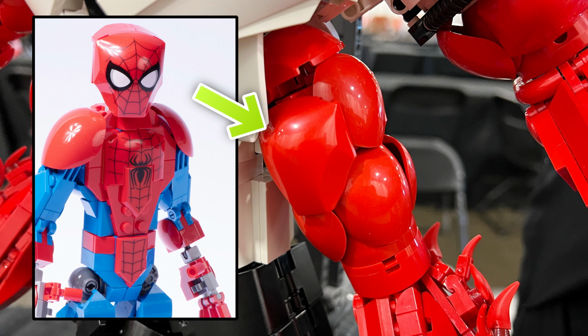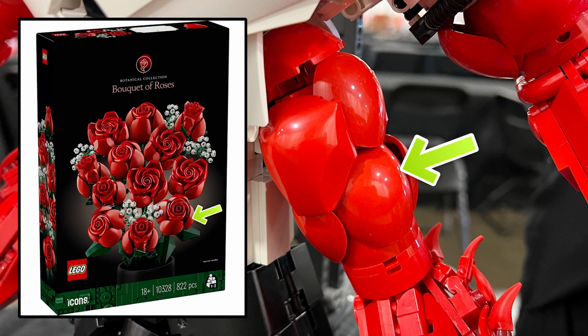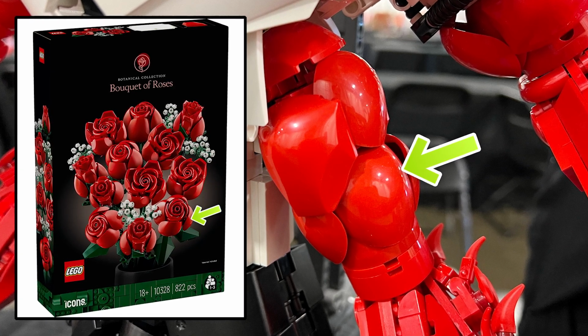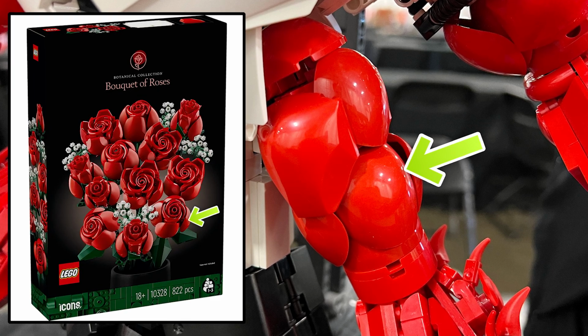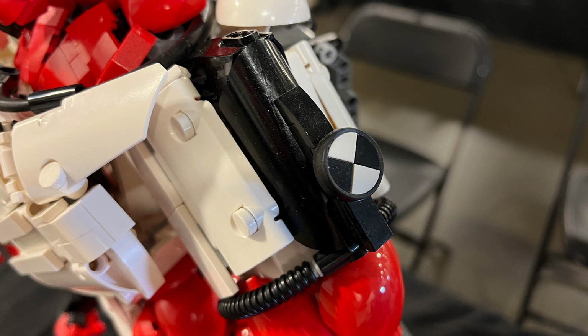Of course, the one used on this MOC is unprinted, and if you want one that is without the printing, it came in one of these rose bouquet sets. Hey, if you're looking to make some muscles on your next Bionicle, I recommend picking up this set and using some of those pieces. Another detail here that is very accurate to the show is the Omnitrix symbol on his